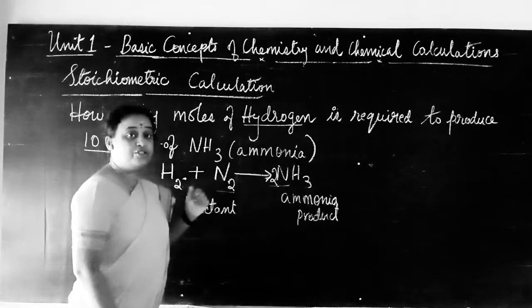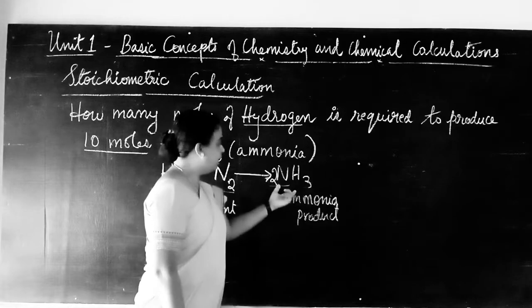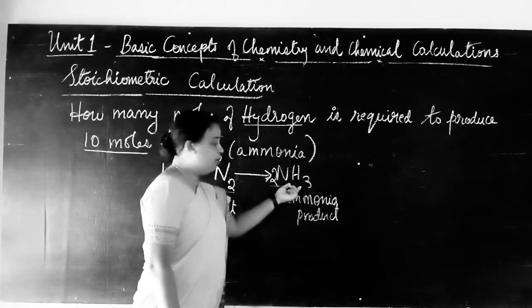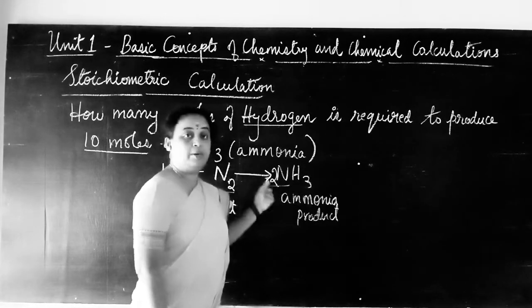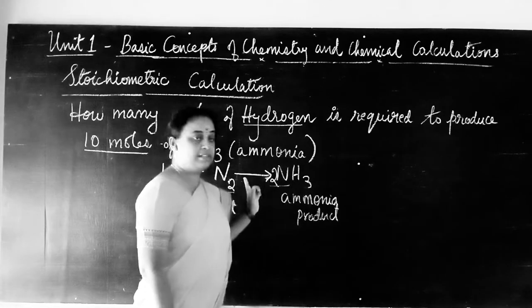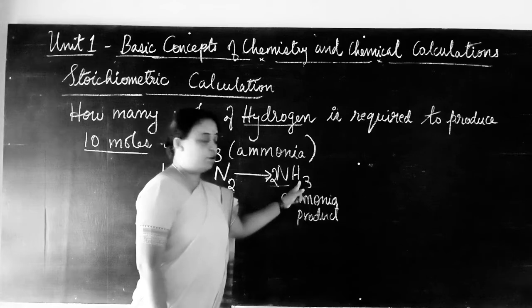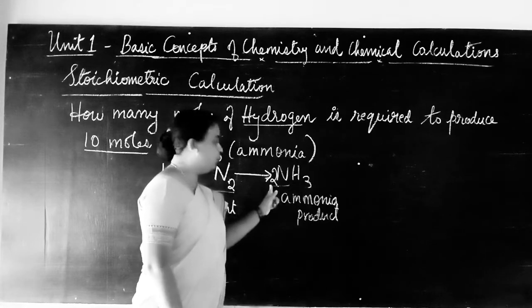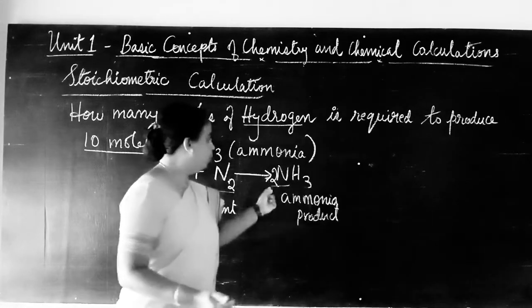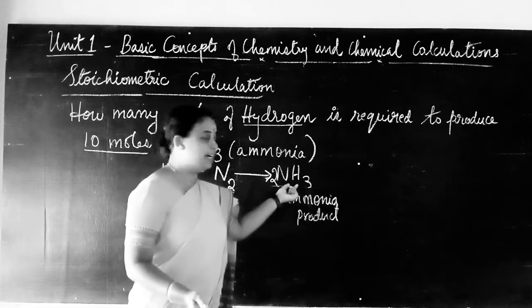Now hydrogen is not balanced. On the right hand side, when I put here 2, the number of atoms of hydrogen is 6. How did it become 6? 2 into 3, 6. So this 2 is applicable for both nitrogen as well as hydrogen. Already 3 hydrogen is there, and when I put here 2, it becomes 6. So 2 into 3, 6 hydrogen atoms are there.